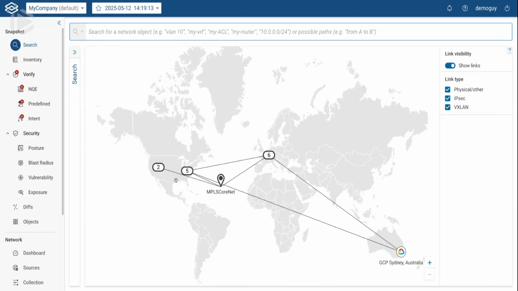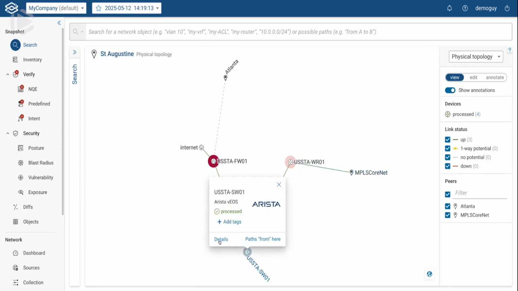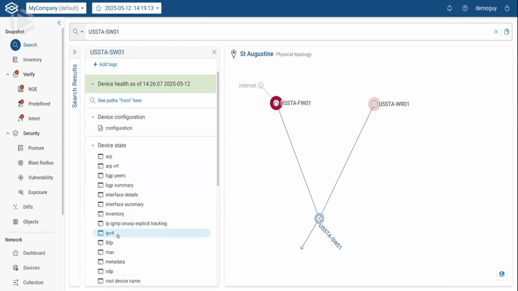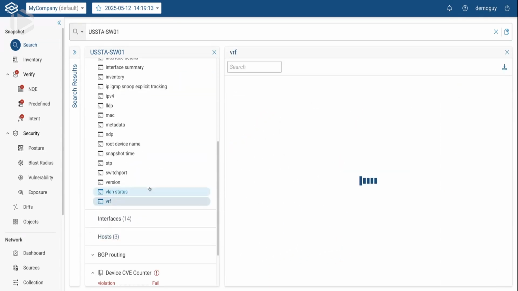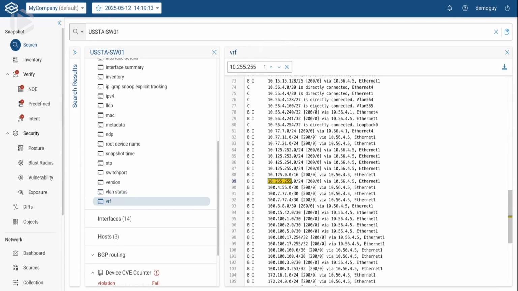So if we jump to what St. Augustine looks like, St. Augustine is actually dual homed. This side goes to a VPN tunnel back to Atlanta, where this side actually goes to the MPLS network, which goes into Atlanta. And if you look at the core switch's routing table, it's still there.